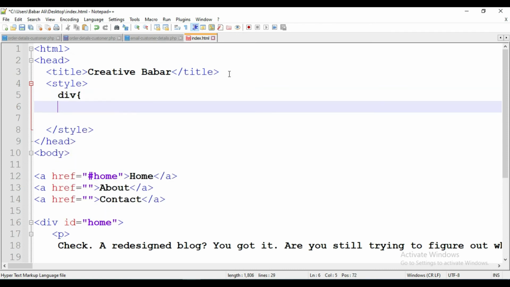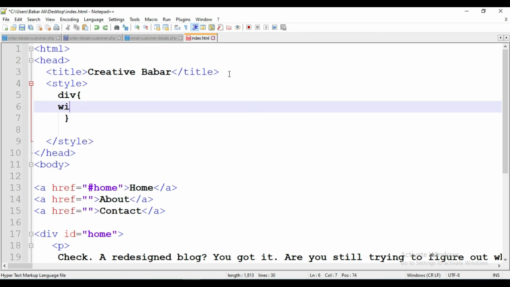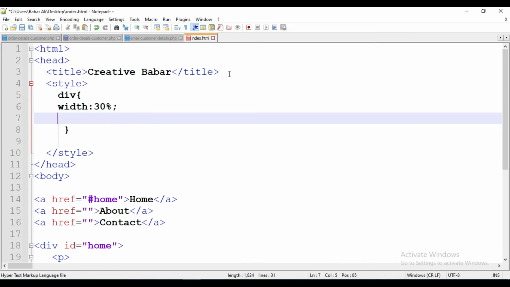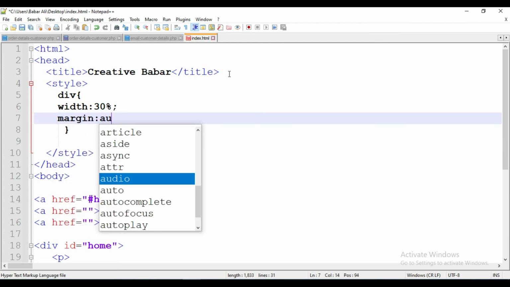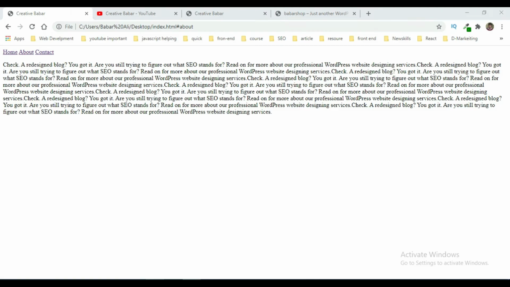All divs have a width of 30% of the total window and margin auto. When we give a width to the document and put margin auto, then automatically it comes to the center of the window like this.